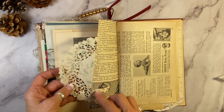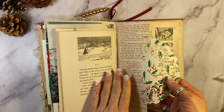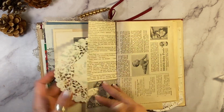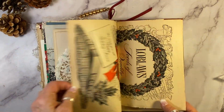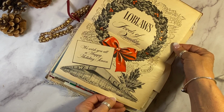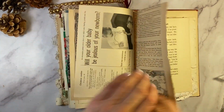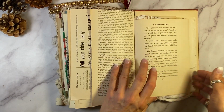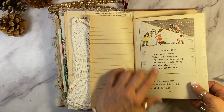This is actually, as you can see from the other side, a vintage doily. It's hard to find vintage doilies, and this one is Christmas themed. How lucky was that? Look at this one. This is really cool. That is from a magazine from the 1950s. Isn't that great? It's so old. It's so cool. And yeah, the last bits here, I put some beautiful crochet in here, and I put another